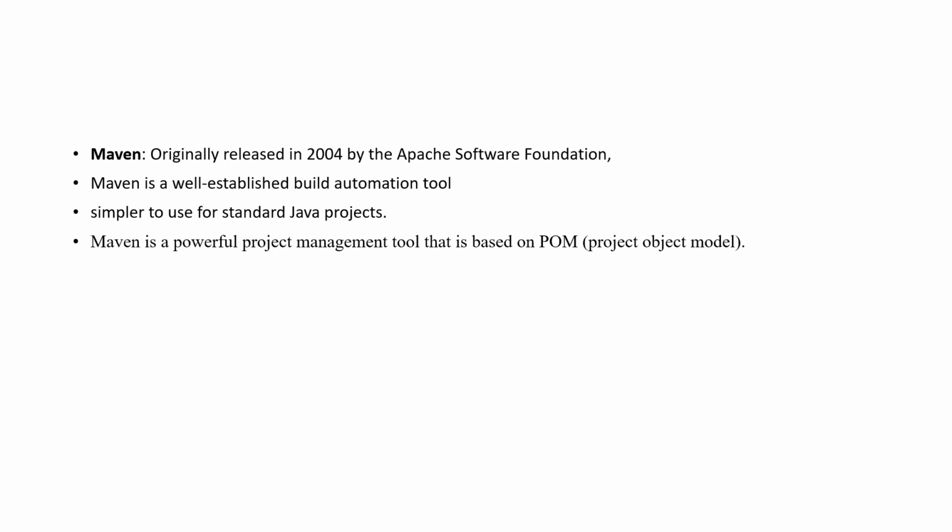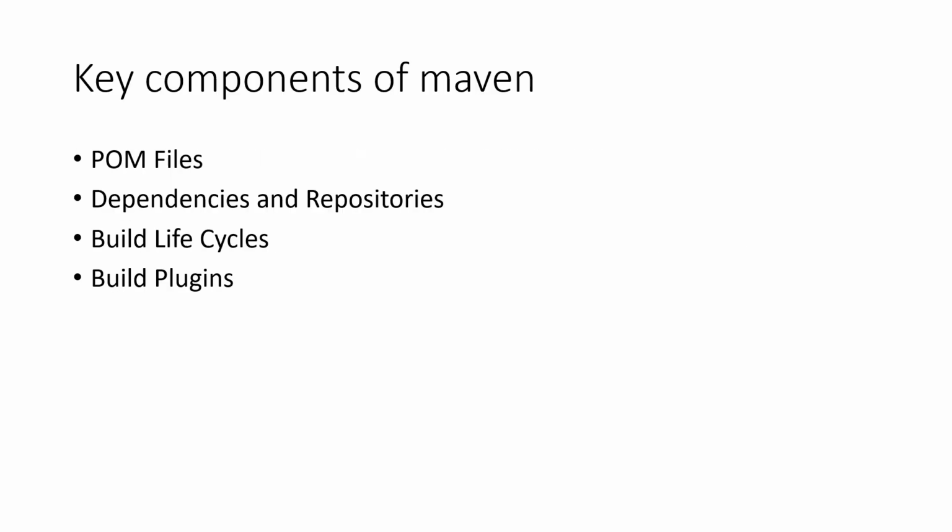It is very simple to use for standard Java projects. And also, there are various key components which are involved in Maven. The key components of Maven are POM files, dependencies and repositories, build life cycles, and plugins. So we know that it is a powerful project management tool, and it is purely based on the POM